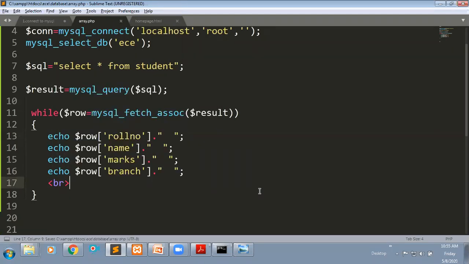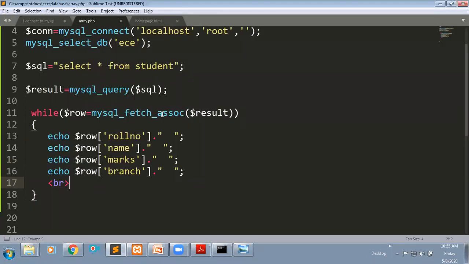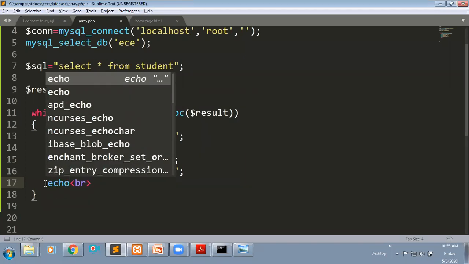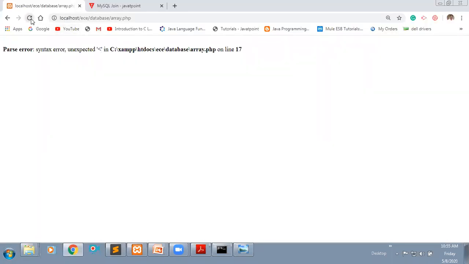Now I refresh this page. Directly it is not possible; you have to write it within the echo statement. Now you can see it has retrieved three rows.